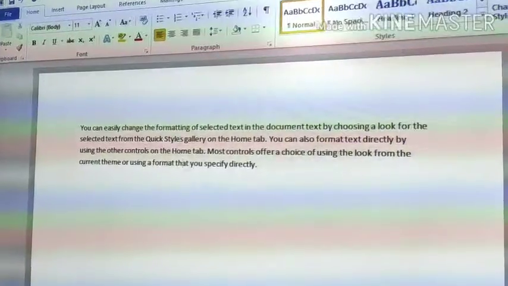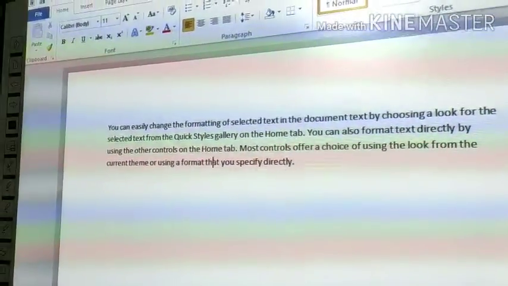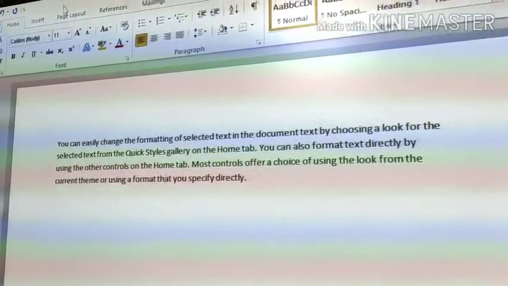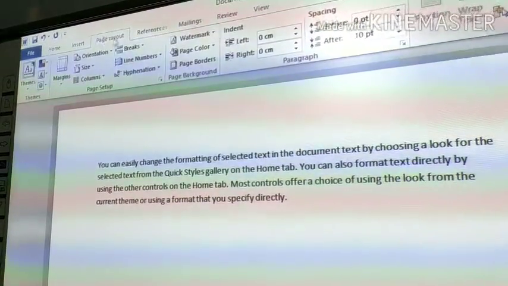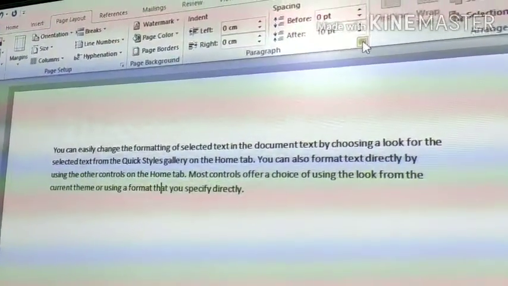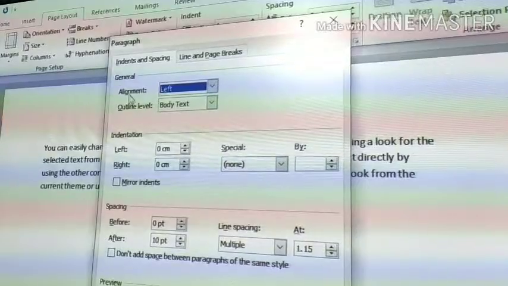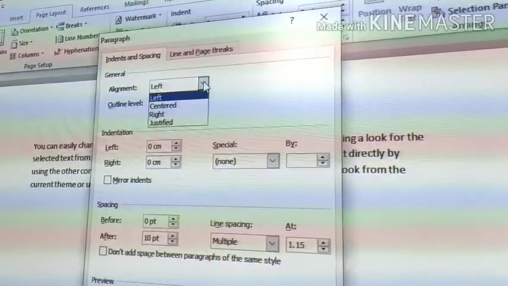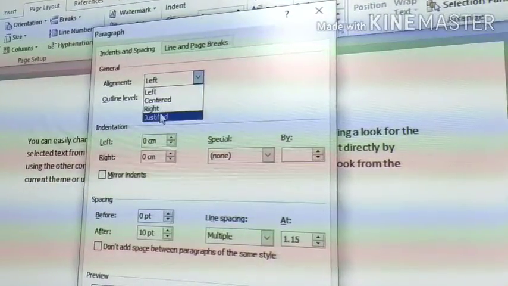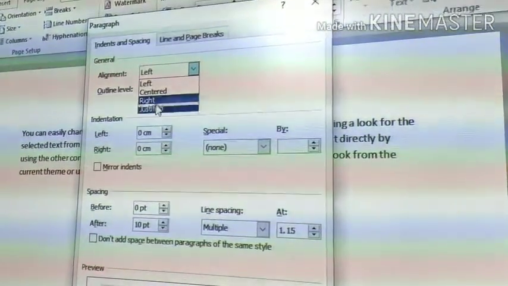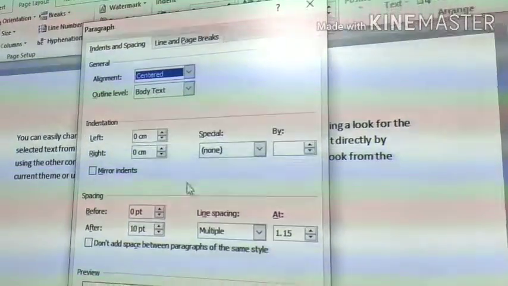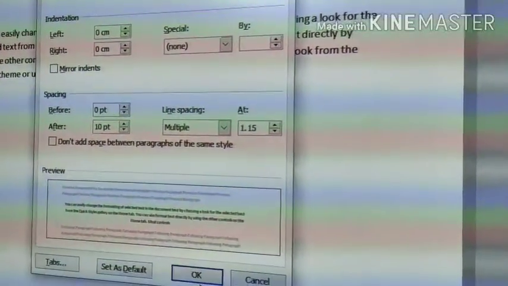Okay. So this is the paragraph where we want to set the alignment. So I just need to click on the page layout option here and just click on paragraph option here, and in general settings we check alignment. I just click on the drop down menu and select the alignment which we want to set in the page and click on OK. Suppose that I have selected centered. Now click on OK button. So your text has been centered.